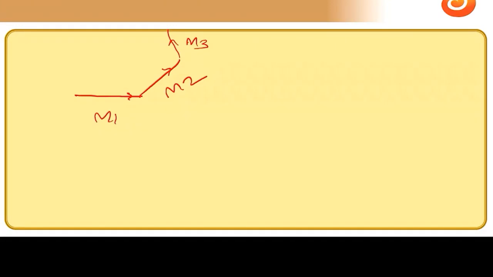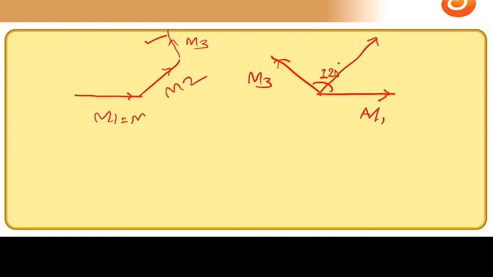So what is it going to be? So it is something like 3 vectors. If you look at the last one, I will consider M1 only and M3. Those two subtend an angle 120 degree between them, and the resultant of these two is nothing but a single magnetic moment, all of them are equal magnitude wise. So this is M, this is also M, so this is nothing but M4, which is equal to M.